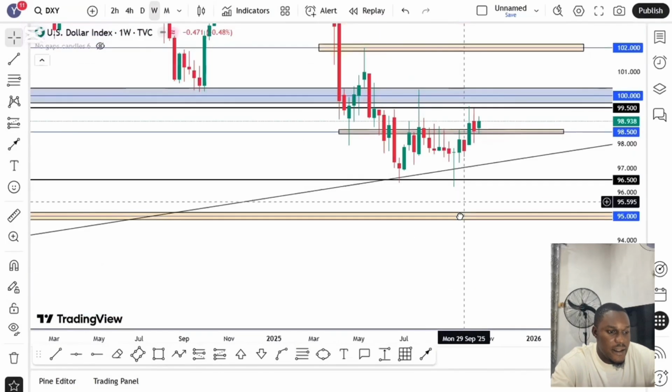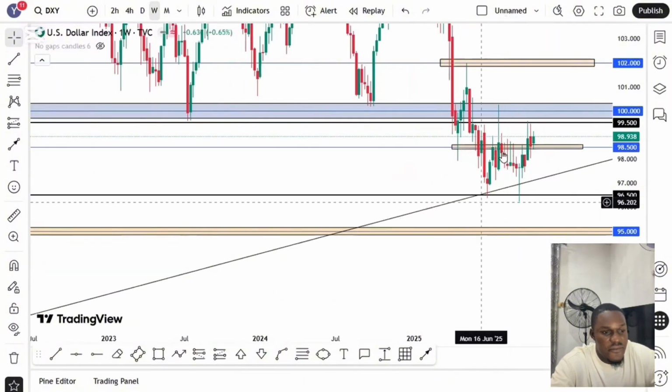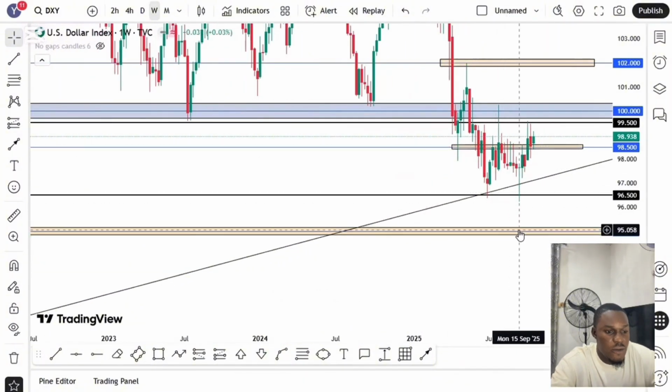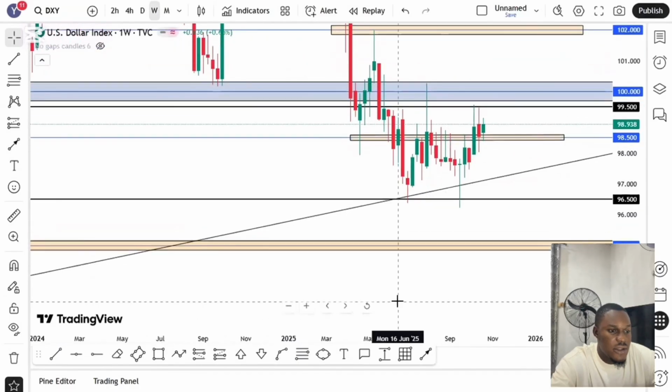But the trend line coming from the past is preventing the market from going lower. And also, if you check properly, the market is currently creating